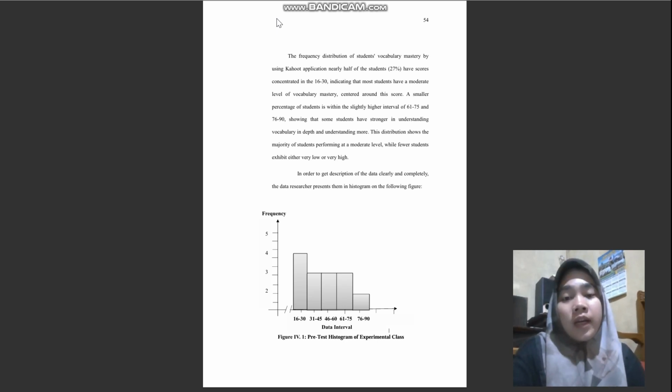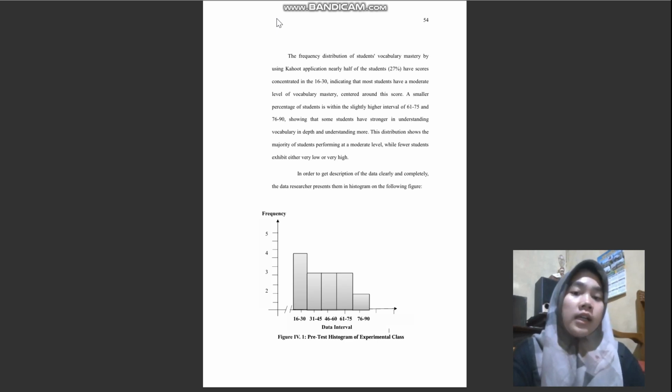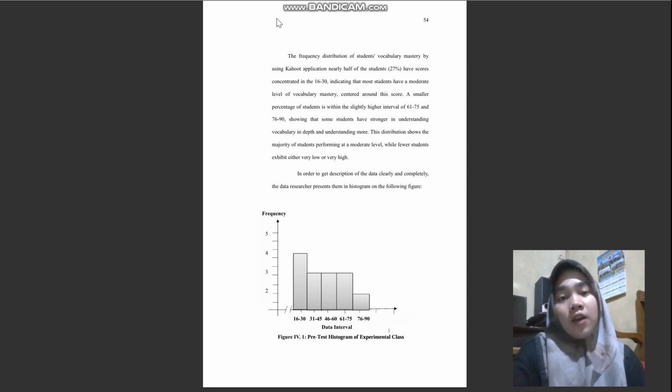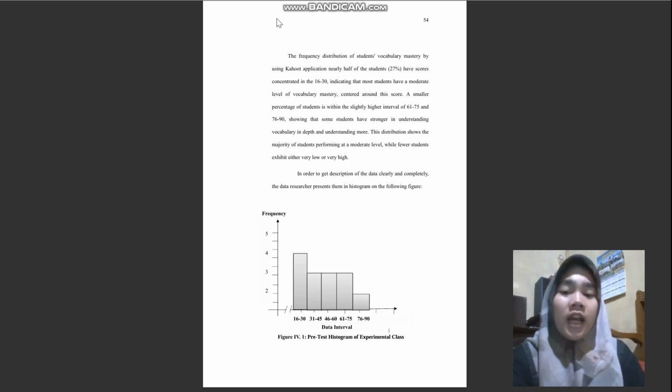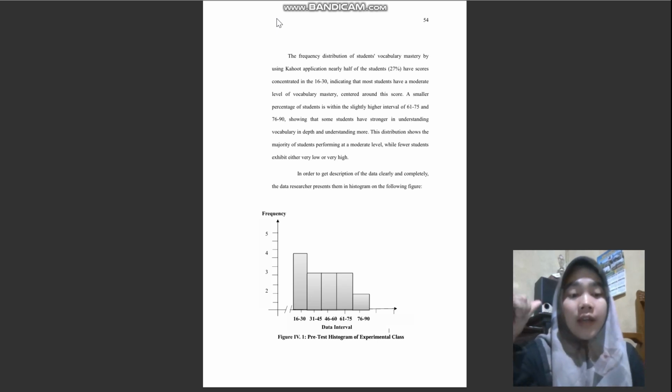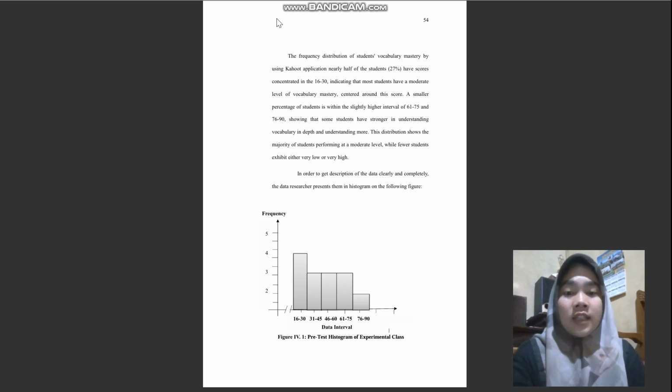And the next, proper hypothesis testing: t count is greater than t table, so the effect is significant. And the last is gain score analysis clearly shows 70.07 point improvement in the experimental class versus only 0.8 points in the control class. And the next, how the findings answer the research question. I think absolutely, the study clearly shows